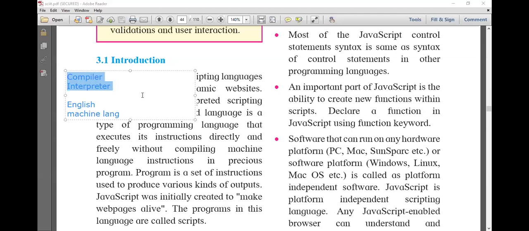Because when you write a program in Notepad, WordPad, or any editor, it is in a text format, and when you store it, it is stored using an extension like .c, .txt, .htm.